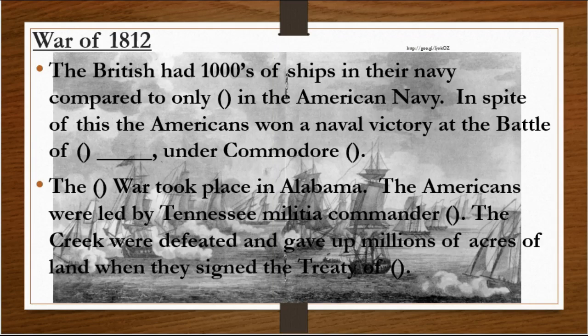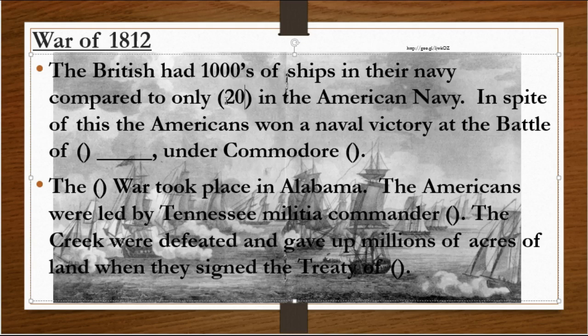Okay, so the next slide that we're going to talk about is the actual War of 1812 starting. So the causes of the War of 1812 are that the British are impressing American ships, number one, and number two, they're also helping Native Americans fight against American frontier settlers. And so the war begins, and the British have all the advantages. The British had thousands of ships in their navy. The United States had about 20. Okay? And in spite of this, the Americans did win a key naval victory at the Battle of Lake Erie,